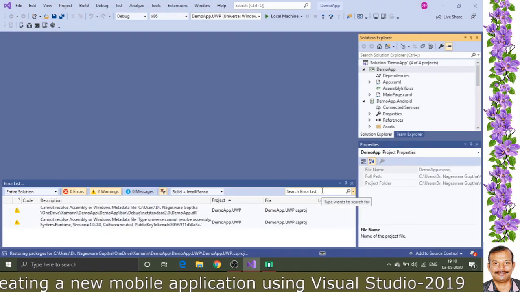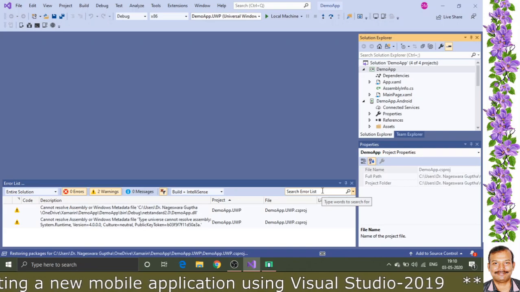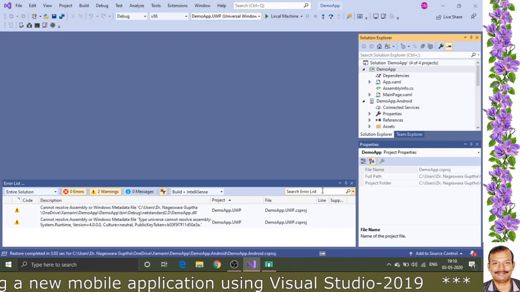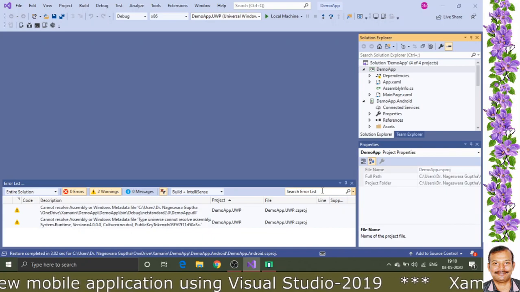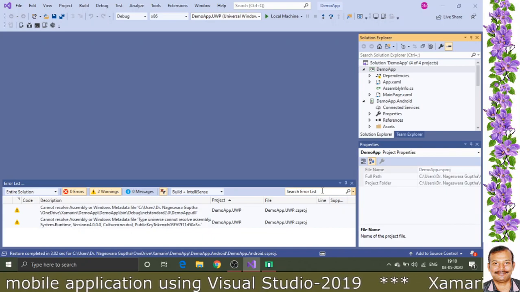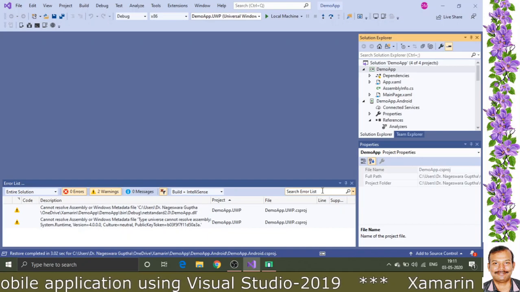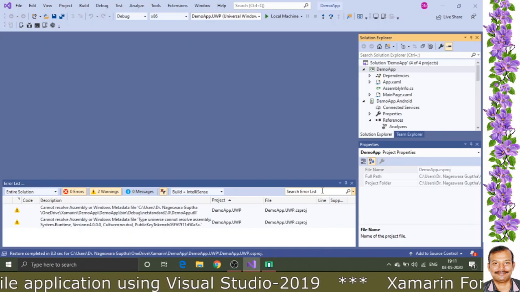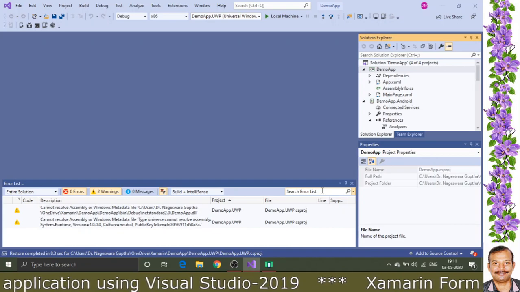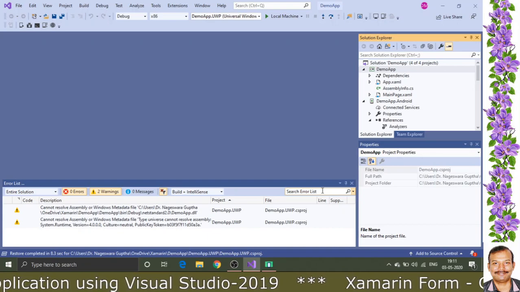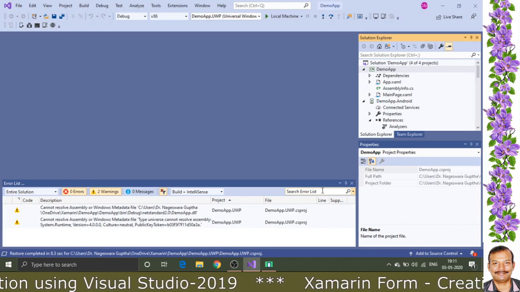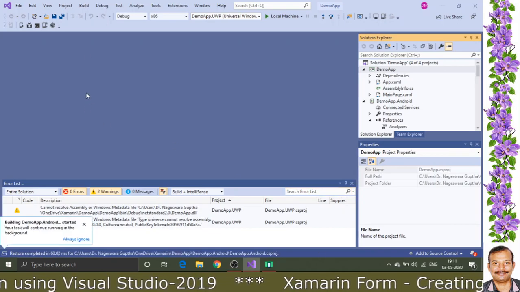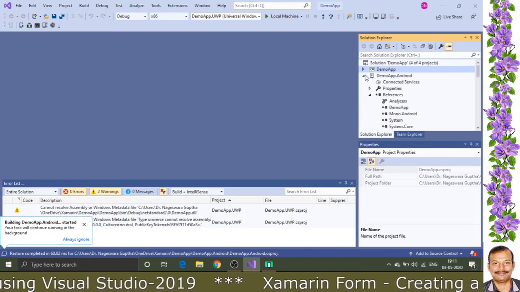Second one, similarly for Universal Windows application also you can get the output. For these 2 things there will not be any issue. Suppose if you want to go for an iOS, in spite of certain application that we need to install in this Windows platform, you need to have a Mac PC, which you need to connect remotely, that we will be seeing later. Now you can just see the IDE has created it.